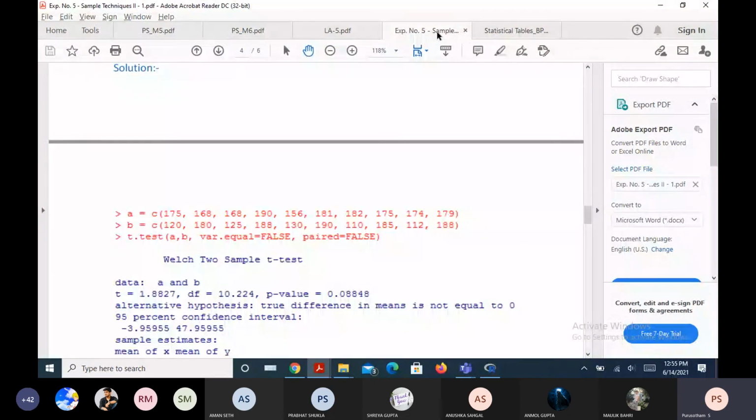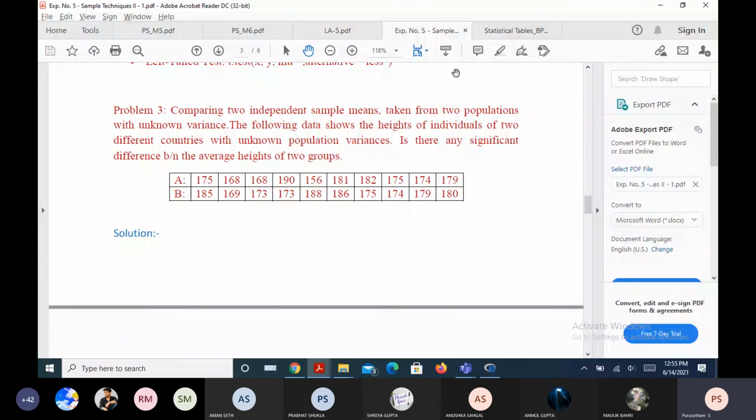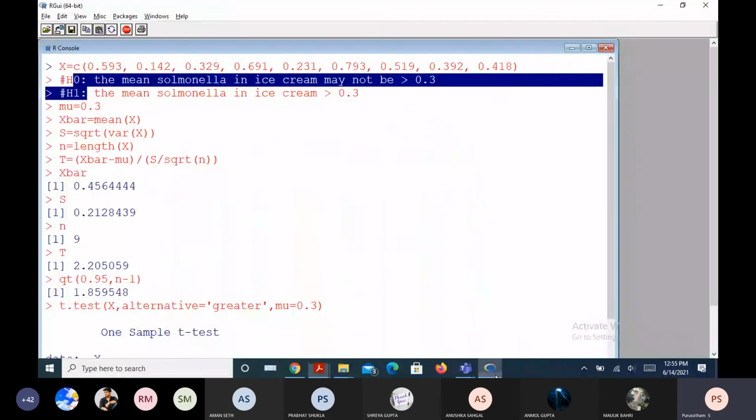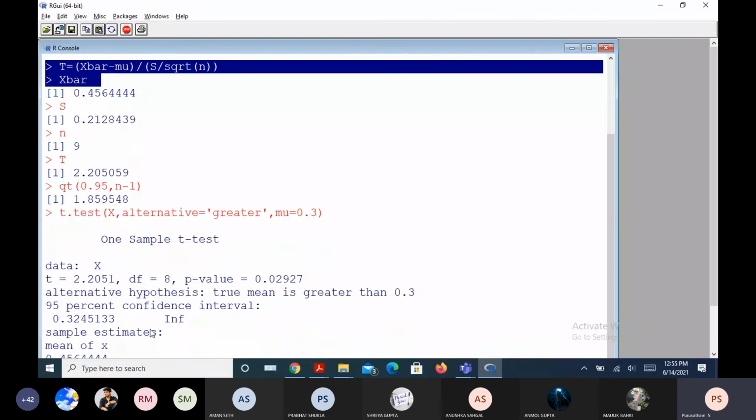Then you will come to the R program. In the R program, all these things will come into the picture. These are the few lines in the R program. If you are going to use t.test directly, then these lines will only be x and t.test. Then this output will come. After the output, you are going to write down your conclusions based on this data, in the results and discussion part. Have I made it clear? Yes, sir.